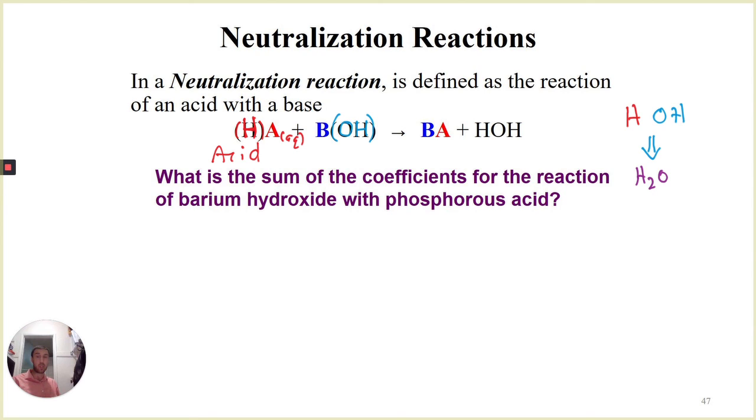So acids and bases are really just the pieces that make up water. And that's why they get their own special reaction, neutralizations. The equation set up here, sum of the coefficients for the reaction of barium hydroxide with phosphorus acid, is intentionally a new equation. So you should be able to go through and write it out, predict the products, and